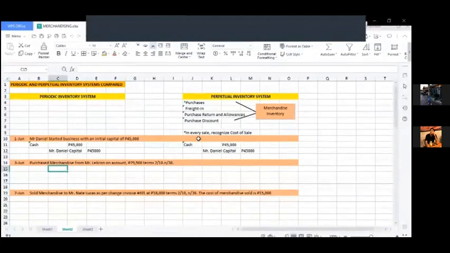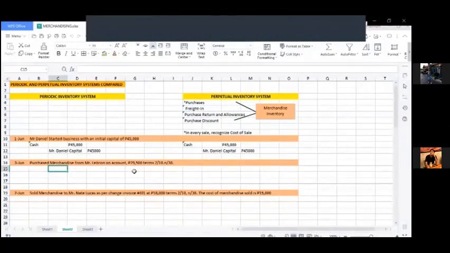So, nung mag-proceed tayo sa transaction number 2, which is June 3: purchased merchandise from Lebron on account, 29,500. Terms 2/10, n/30. So ano yung magiging entry natin dyan? Ang magiging entry natin kapag periodic inventory system ang ating gagamitin is,